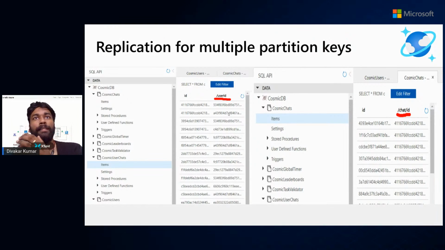I will be normalizing this data as well, which is required for me to show the left portion of the chat application, where I need to show to whom I sent a message, what the last message was, and also the icon of it. Those things I need to store in a different container with a different partition key. The partition key you can see here is the user ID. Whenever I retrieve the left portion of the screen, I use this user ID as the partition key, and whenever I retrieve the list of messages, it is the chat ID. So this is one way of replicating your multiple partition keys.